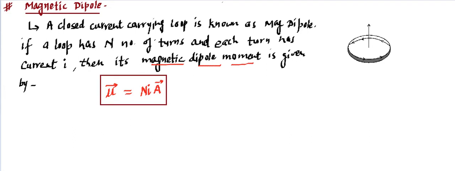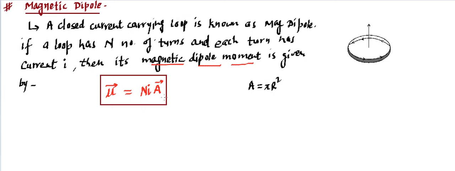Now here the quantities involved, you can easily understand what they are. This mu is the dipole moment, or you can say magnetic dipole moment to be precise, and n is the total number of turns, I is the current in each turn, so this n into I becomes the total current in the loop, and A is the area of that loop. If area is given to us, we can also decide the direction. Let's say this is the loop, so this is going to be the area. If it is circular, area will be pi r square, where r is the radius.